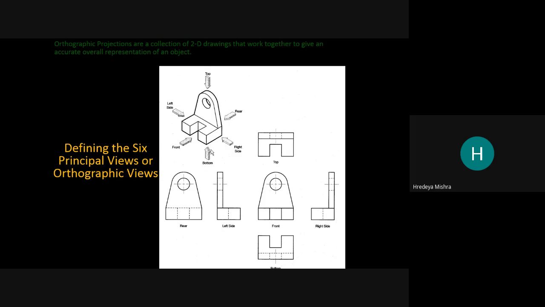But you can see this is our front and this is our rear. Okay, so what happened in the front view? What are the visible lines here? What are the visible lines here? That is a hidden line for the rear view. So which view can we choose? It depends; we can select the view where the maximum visible lines are.